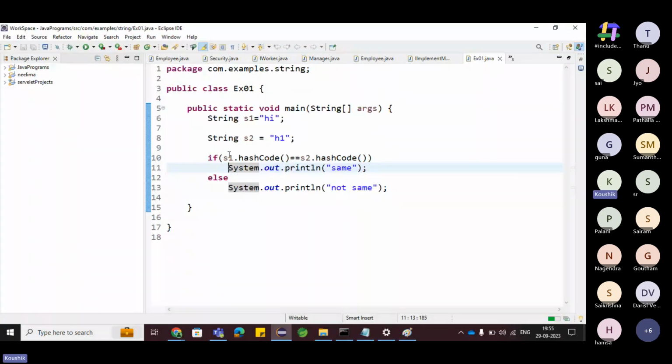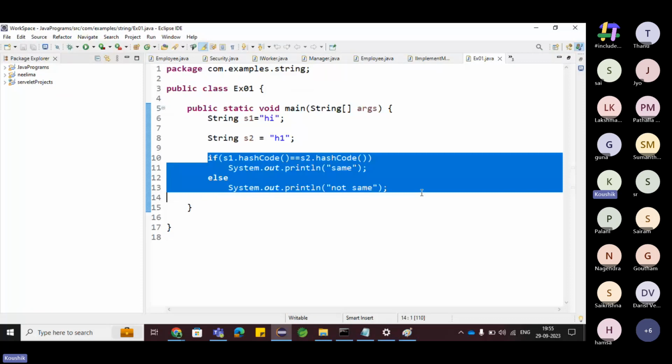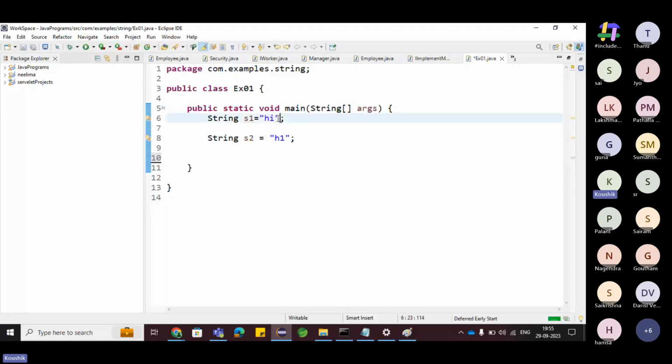So I have considered the two strings. Hi, good evening. This is just two strings. Now I want to